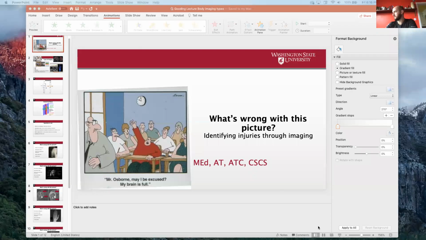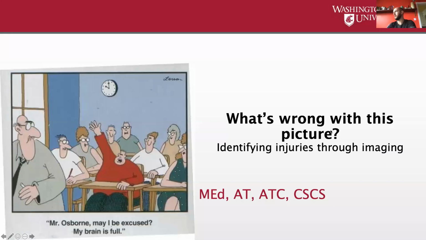All right, so today I'm going to take you guys through a nice little lecture I like to call What's Wrong with This Picture? Mainly what we want to do today is try to identify any injuries we can see on an MRI and an X-ray, since those are what we see most in athletic training, but really just get a general overview of what it's like looking at imaging techniques, with our anatomy now